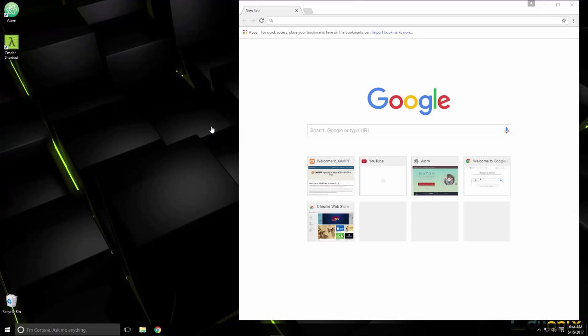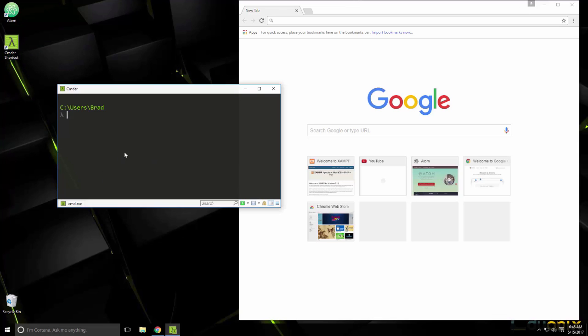Alright guys, we're going to go ahead and get started on our project. So I'm going to open up Commander. Obviously you can use whatever command line tool you want. With Commander, if you want to go up a folder, you can just do Control-Alt-U, which is really cool. So we're going to go up to the C drive, and then into